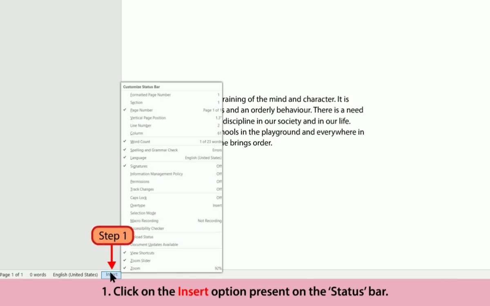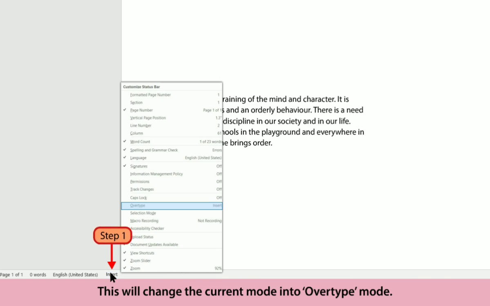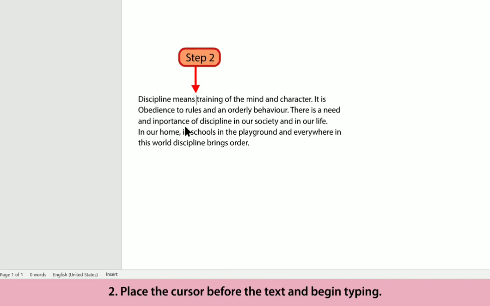It is present on the status bar. This will change the current mode to overtyping mode. Now place the cursor before the text and begin typing. The existing text will be replaced with the new one.